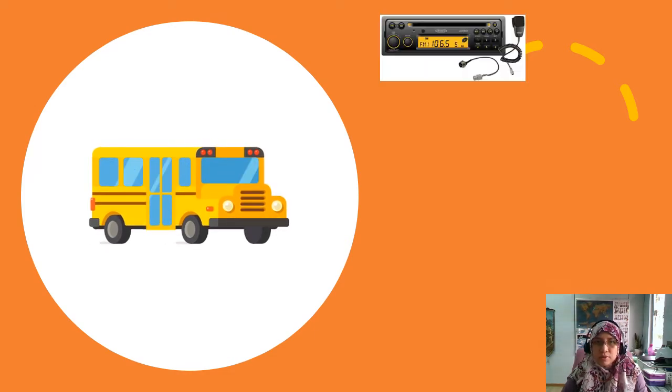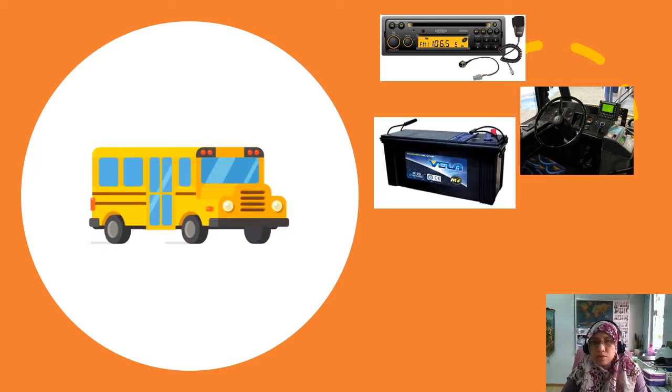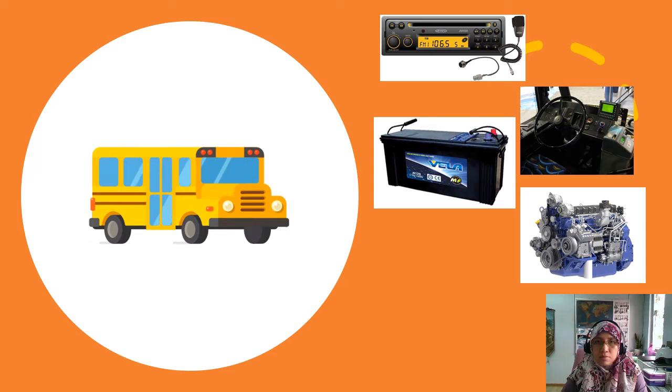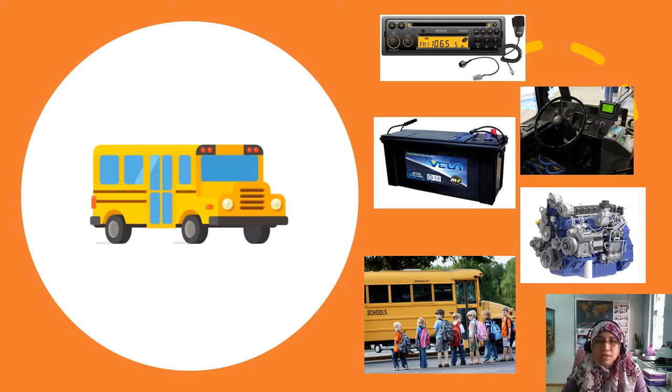The body and frame of the school bus represent satellite structures and mechanisms, radio and driver as communication system, steering as vehicle control, battery and alternator as electrical power, aircon and heater as life support system or thermal system, engine as the propulsion system, and passengers as the payload. Without passengers, a bus has no other purpose. So as a satellite, without a payload, the satellite has no mission and no objective. It will become useless.